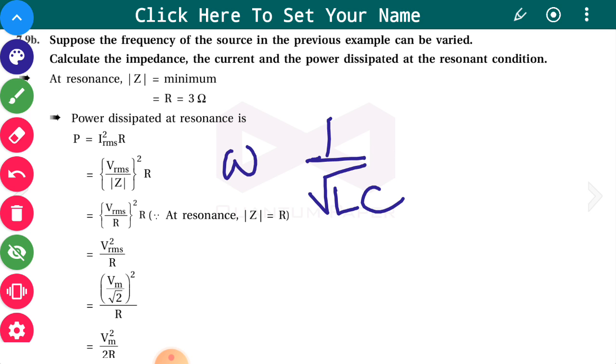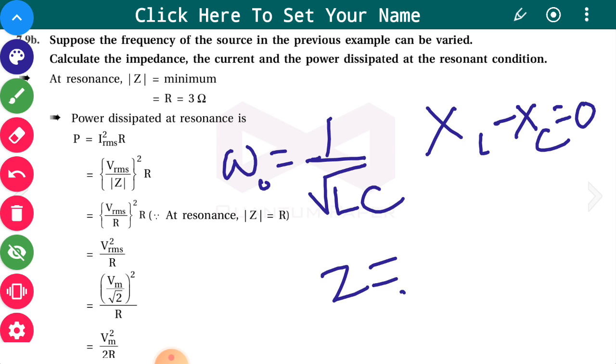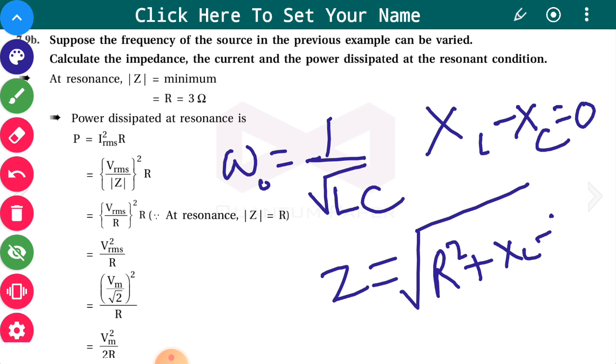This is the formula, and if it is resonant frequency, then we write omega 0. So at resonance, XL minus XC becomes 0. So impedance will be under root of R square plus, as you know, XL minus XC the whole square. Now this part becomes 0, so Z